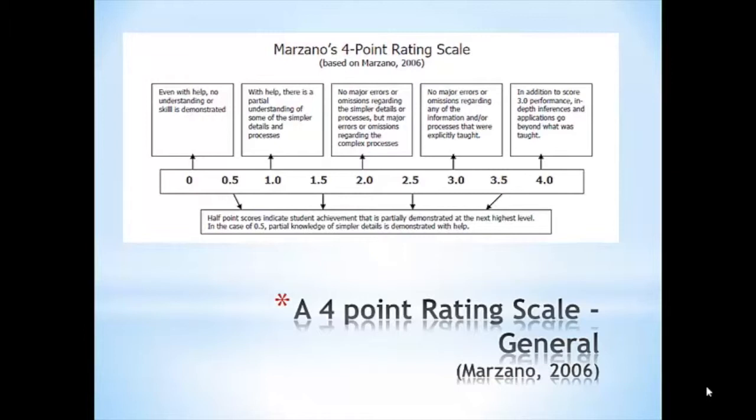A 0 might indicate we don't have enough evidence to even assess the student on it. An example of that might be an extended absence, or students have missed a lot of time within a unit, and we don't really have any evidence to speak to their level of proficiency. Then you'll notice there are half-point scores on this scale as well. That shows that they've mastered the previous level and shown some level of advancement, moving